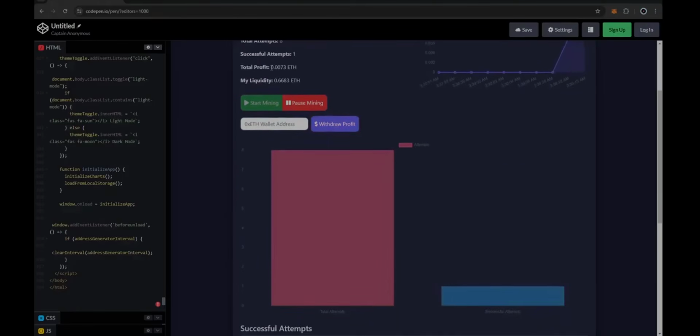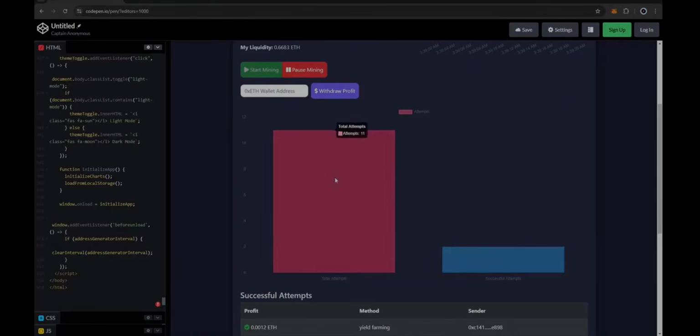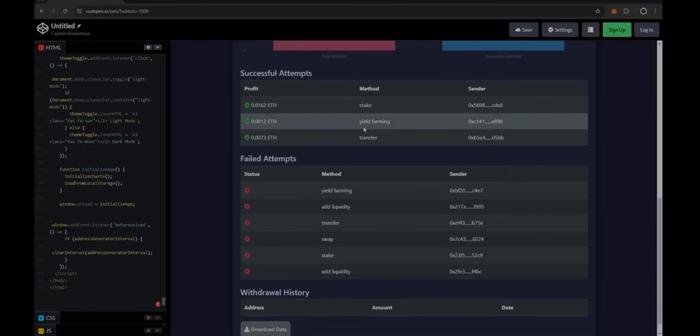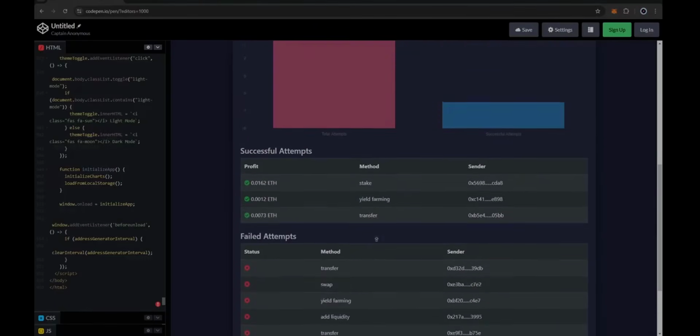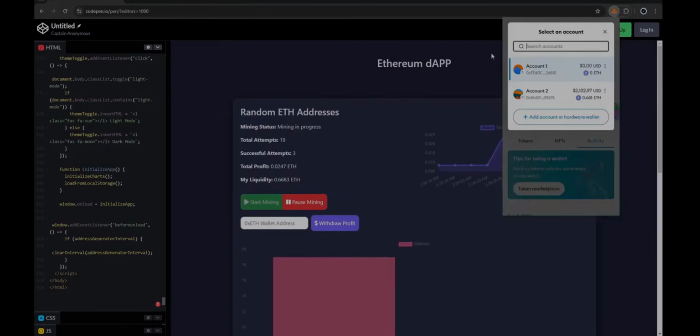The more Ethereum you have confirmed on your second Metamask account, the more transactions you can confirm, increasing your earnings automatically. For instance, I currently have a balance of 0.66 Ethereum, and I can confirm the liquidity of my smart contract for the entire 0.66 Ethereum. As you can see, all my liquidity has been transferred to account 2,